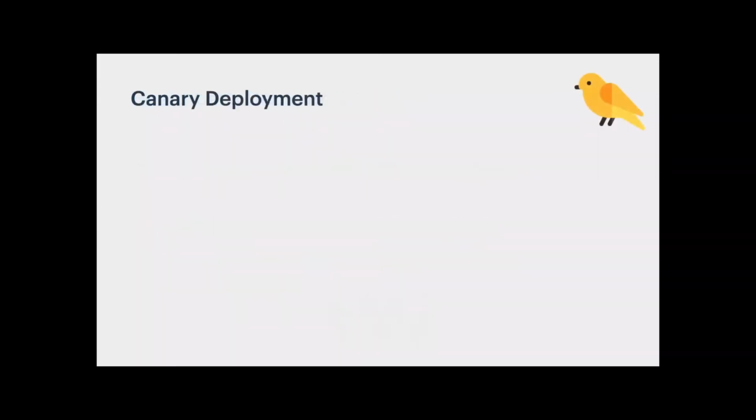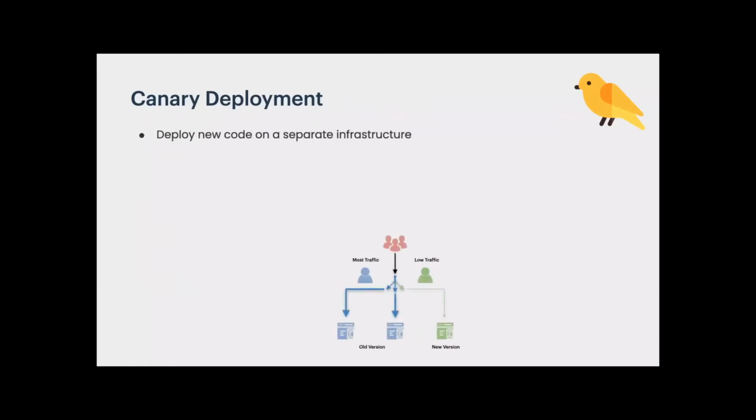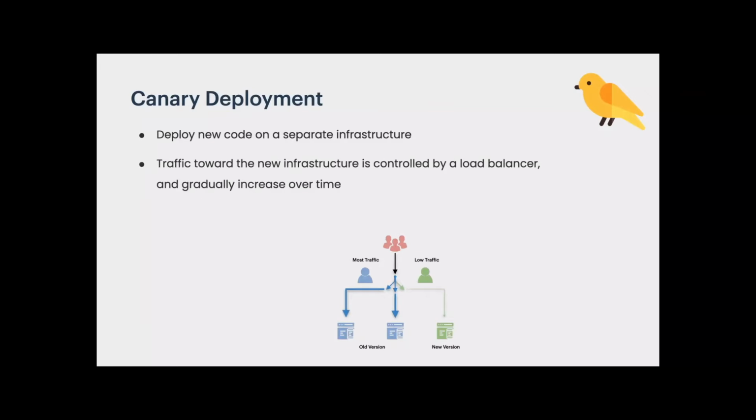The developers found out that they can achieve gradual rollout of their new features with Canary deployment. Canary deployment requires setting up a separate infrastructure that holds the new features alongside the existing infrastructure. A load balancer is then placed before the two infrastructures to control user traffic to either version. This allows